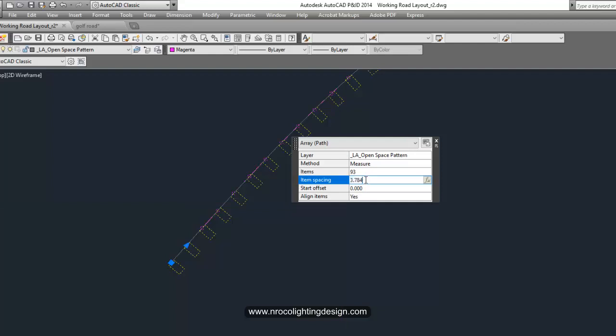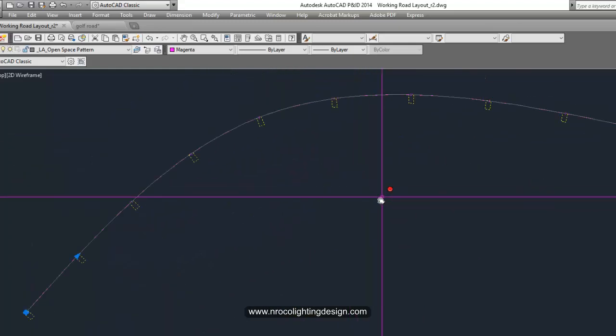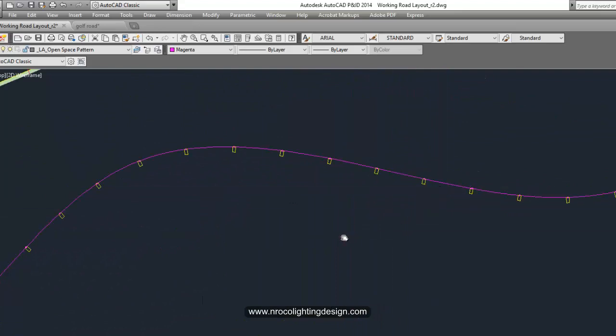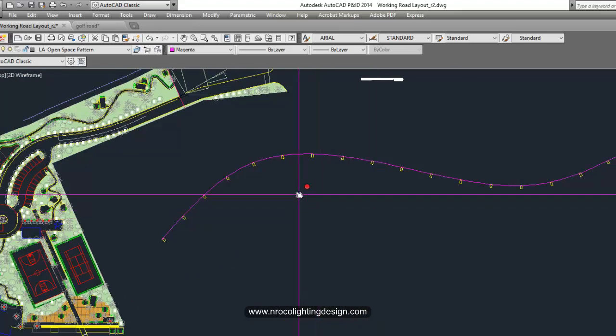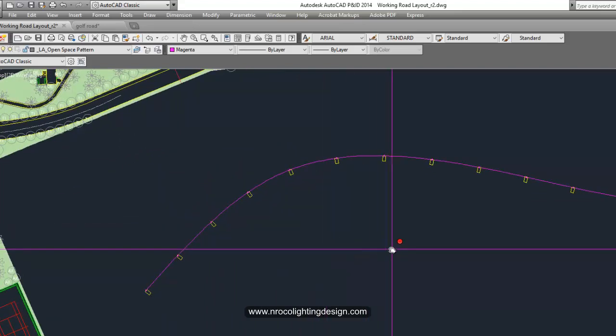Then you will just need to change it into something like 20 meters. And then there you go. You now have your fittings arranged on your curved road.